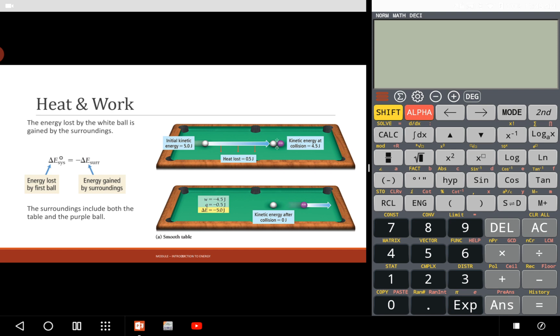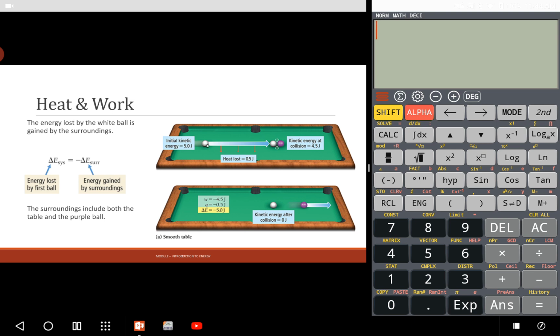We know that your delta E of system is going to be equal to your negative delta E of surroundings because energy is conserved. So anything lost by the system is gained by the surroundings. So if we look at this pool table where the white ball is defined as the system and the purple ball and the table and all that stuff is defined as the surroundings,